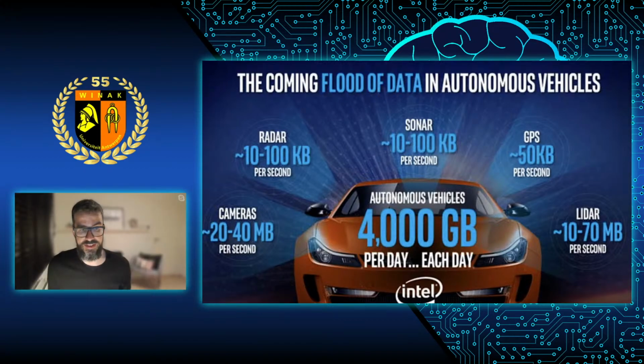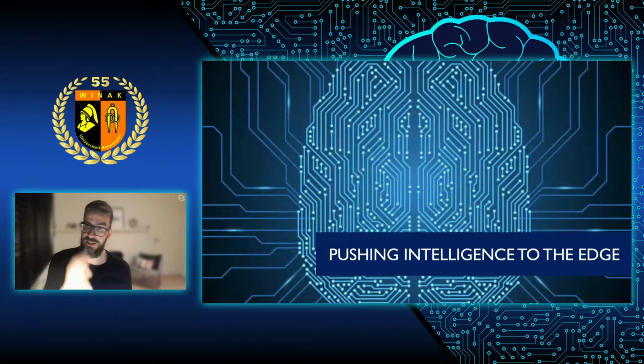So I think it's clear that we need to push intelligence to the edge. That's the only solution we have. We need to deploy our machine learning models to that autonomous car. We need to push that maybe to our smart bird feeder or to whatever we want. And so there's a clear technical reason for that, but there are also other reasons for doing that.